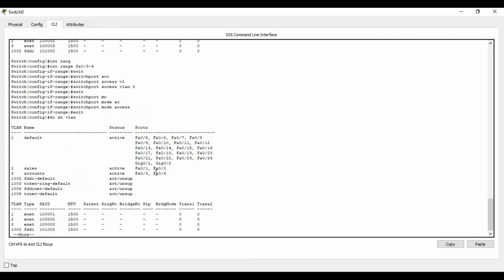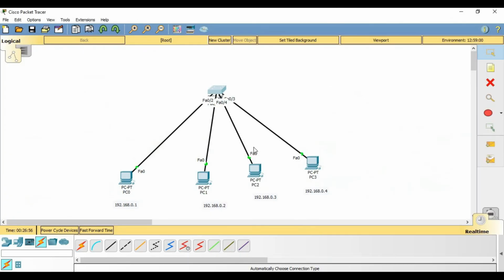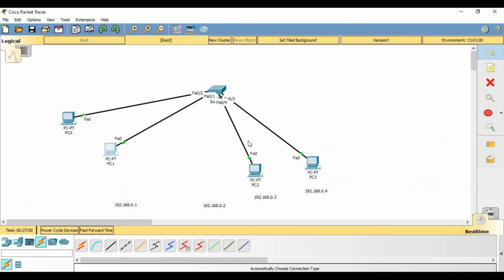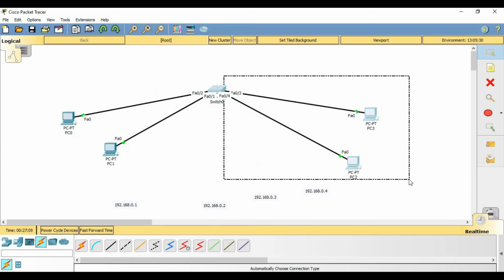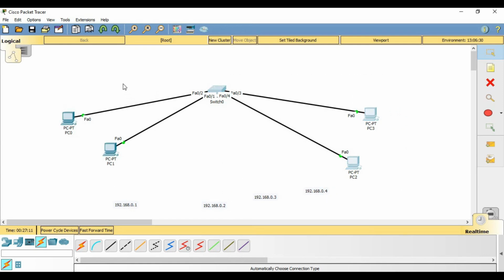Now as you can see here, we have two different LANs: one is part of sales and one is accounts. So these two PCs won't be able to communicate with these two PCs, because this is part of a separate VLAN, and this is part of a separate VLAN.